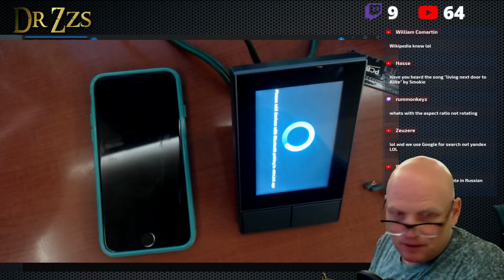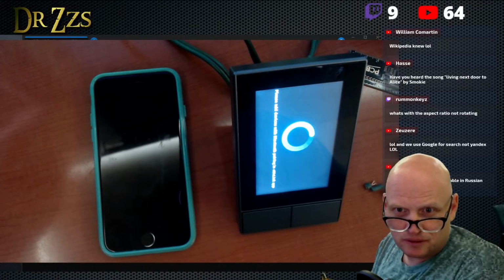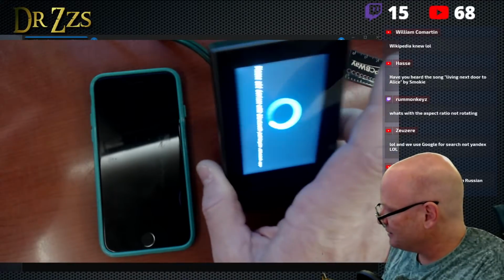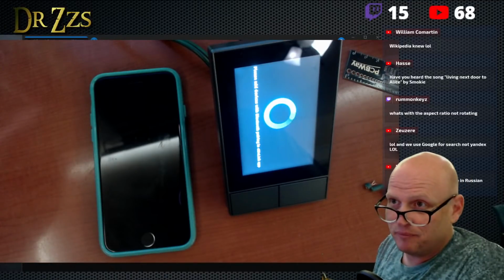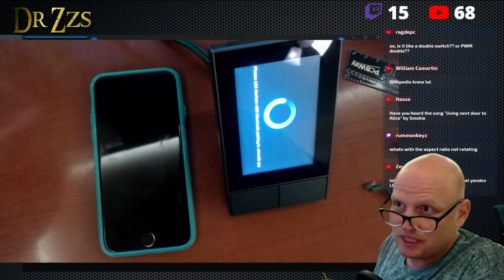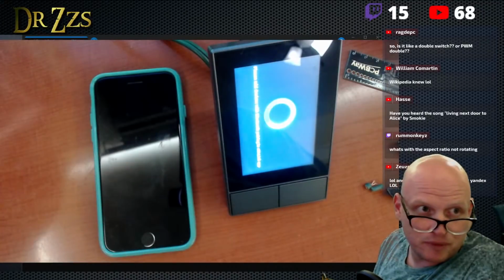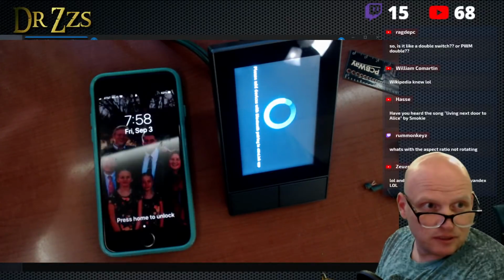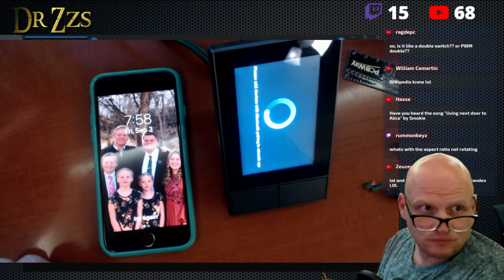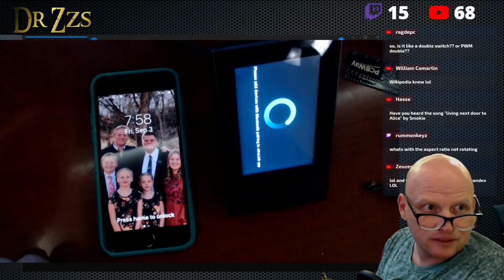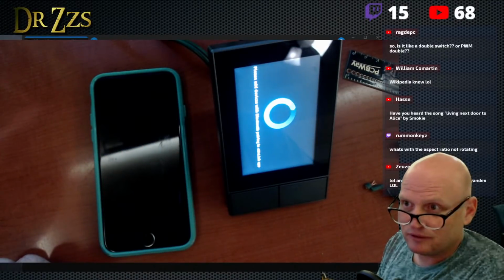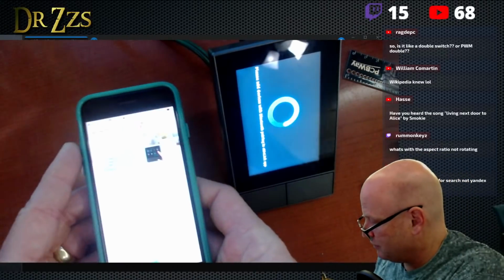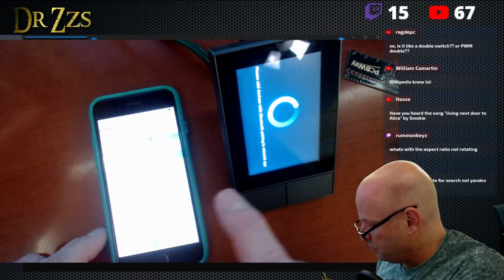What's the aspect ratio? Not rotating? Well, what's with it not rotating? Good question. It might just be that's the default during the setup and it'll change, but I'm not sure. We're going to find out. I don't want it to go up, I want it to go down because I want you to be able to see what's on my screen, more or less. How's that? Too dark? That's probably fine. Now you can kind of see at least what's on my screen from down here.